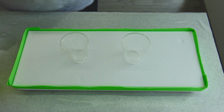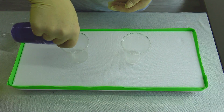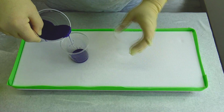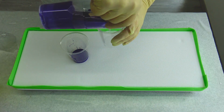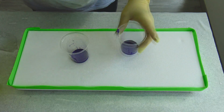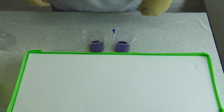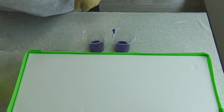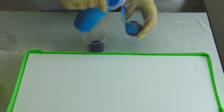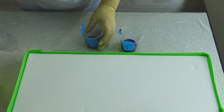I will play with this cup bottom thing again, and I will try to do kind of a sunset pour. Maybe I will just do it like this. So I added purple first, and next will be brilliant blue, and I taped